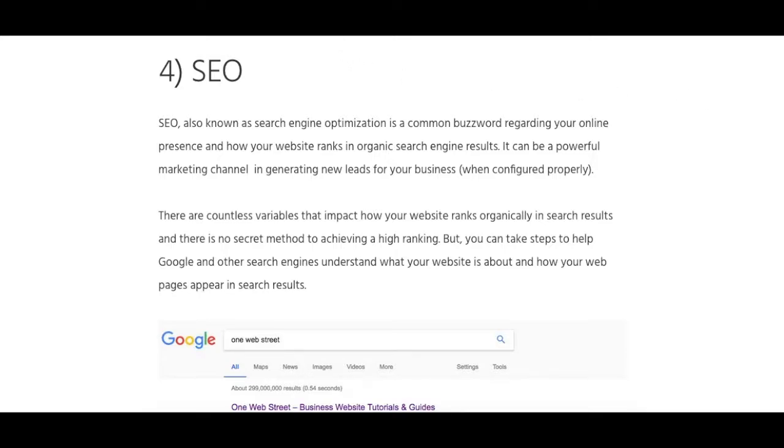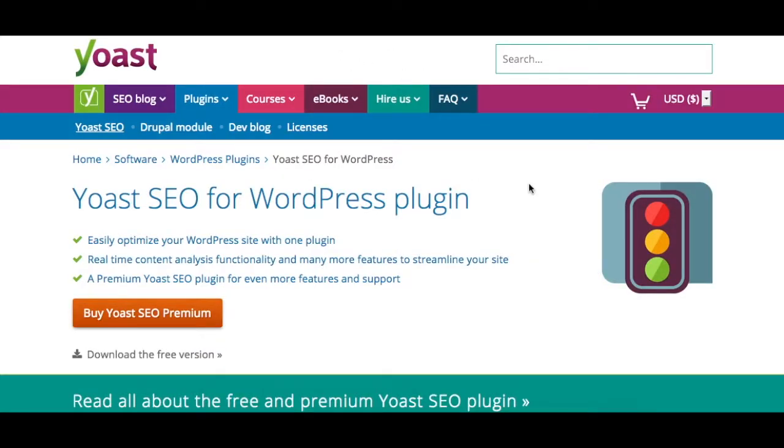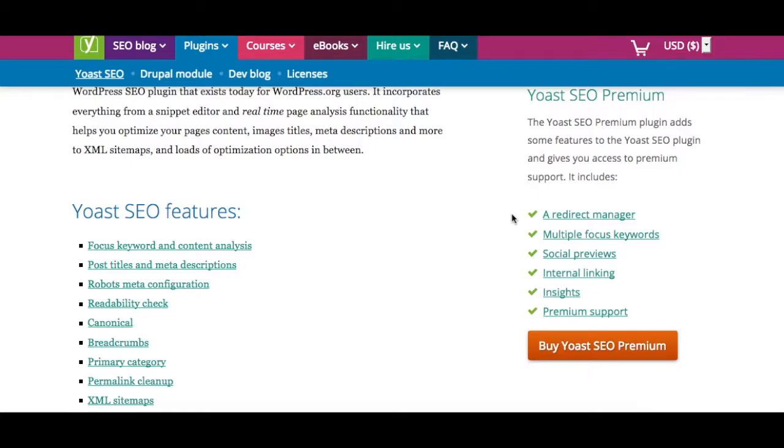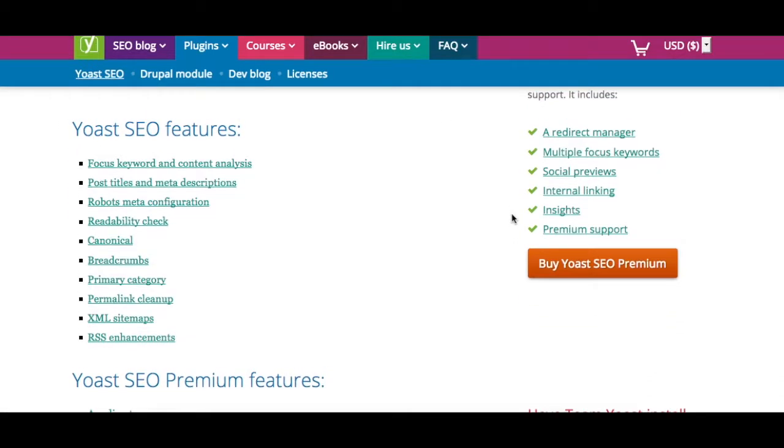The first plugin that we recommend is Yoast. Yoast has a free SEO plugin. It also has a premium version. Here we are on the Yoast website, and you can see that they have their premium version here. But additionally, you can just download the free version, which is sufficient for making a lot of different changes